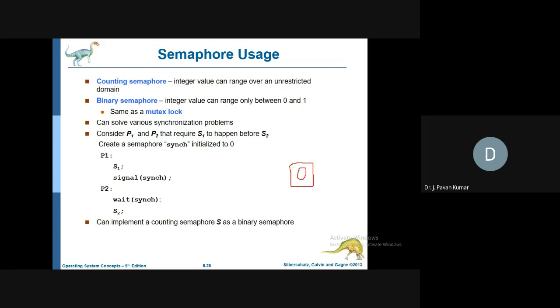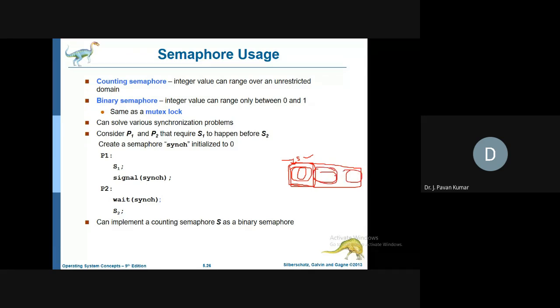Okay, this is the critical section, let us say. To enter into this, we will be having a lock. That lock we can consider as a semaphore. Only one process can enter into the critical section, that is the mutual exclusion property. So a mutex lock or binary semaphore is sufficient to maintain this. But here, whatever the resource that we want, we are having several copies of that resource.